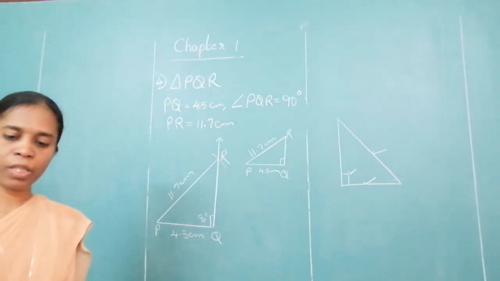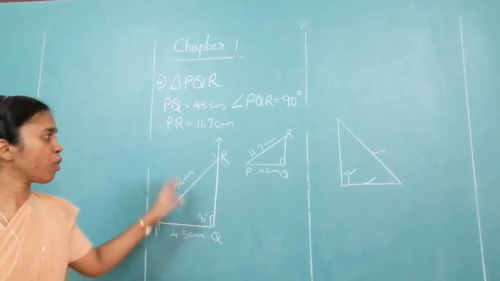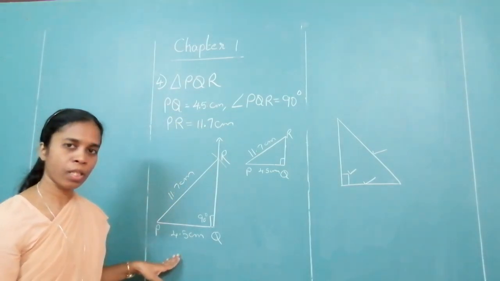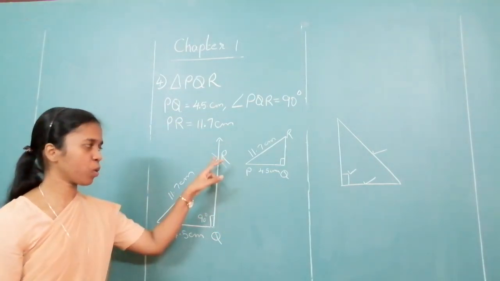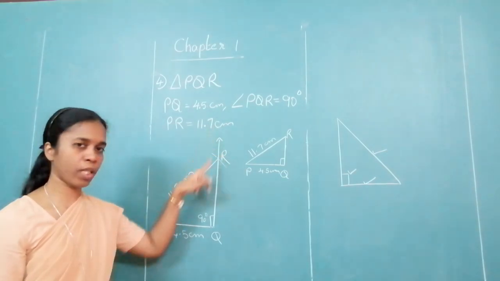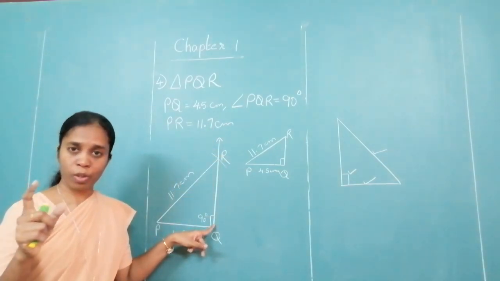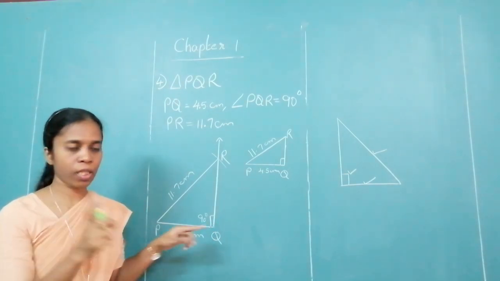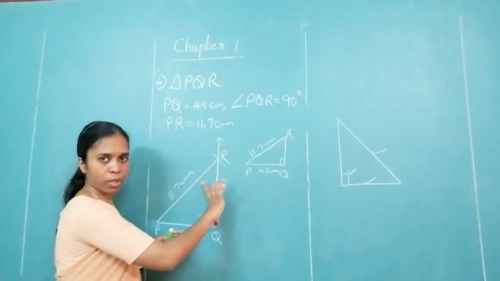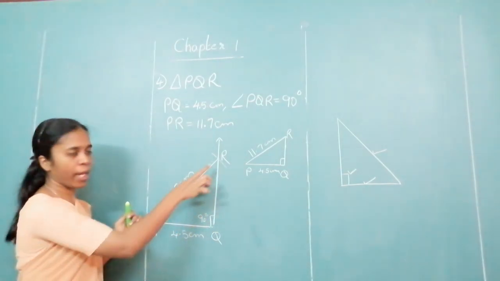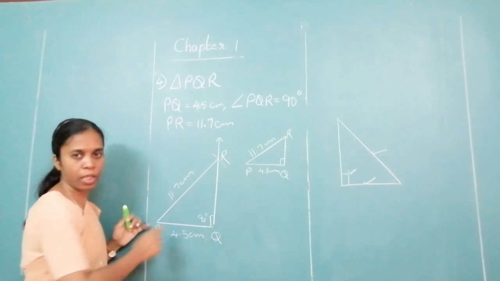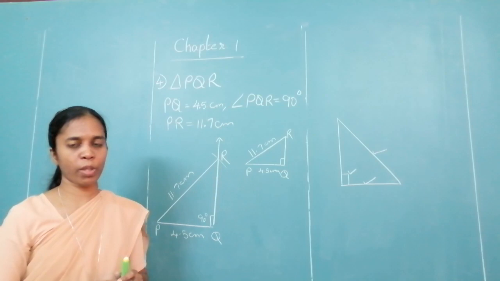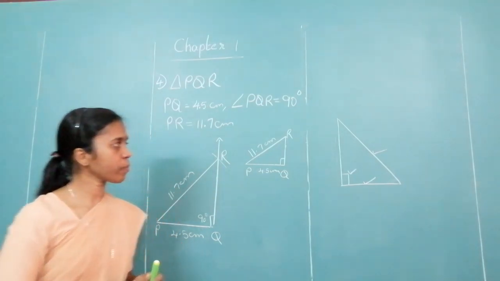This is clear to everyone, how the construction is. For our better ease, we take the smallest side as the base. Whichever angle is 90 degree, use the protractor, mark the angle, draw the ray. Now, please don't make a mistake with the second construction. In that you are given this measure, whereas here you are given the hypotenuse. You are keeping the compass on this and marking the arc up. So when you are constructing, look properly at which side measures are given. Accordingly you have to draw it.